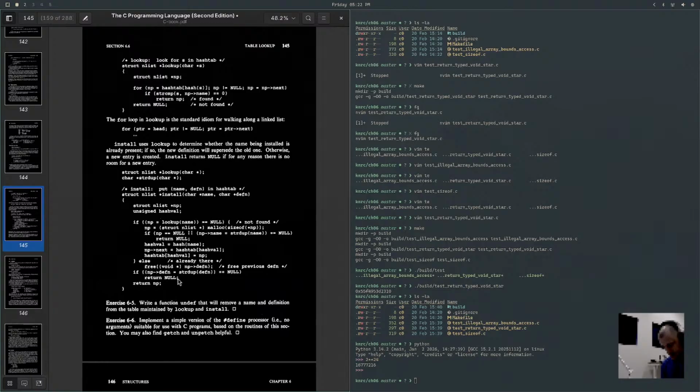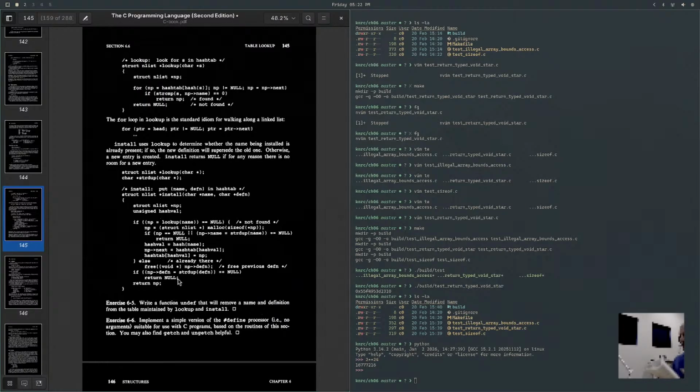It must be emphasized that a typedef declaration does not create a new type in any sense. It merely adds a new name for some existing type, nor are there any new semantics. Variables declared in this way have exactly the same properties as variables whose declarations are spelled out explicitly. In effect, typedef is like pound define, except that since it is interpreted by the compiler, it can cope with